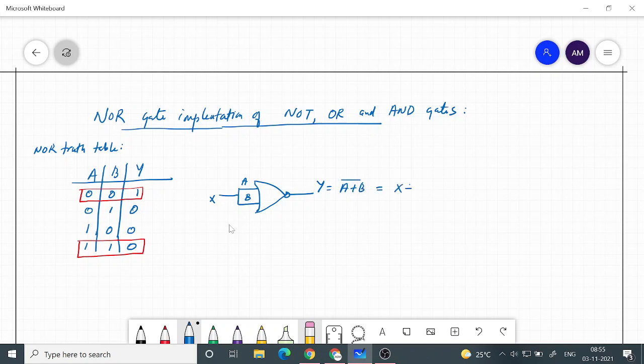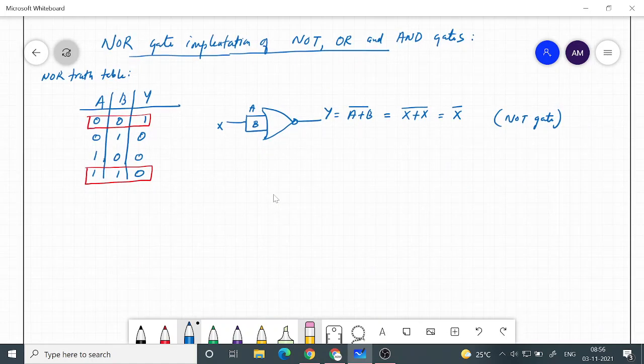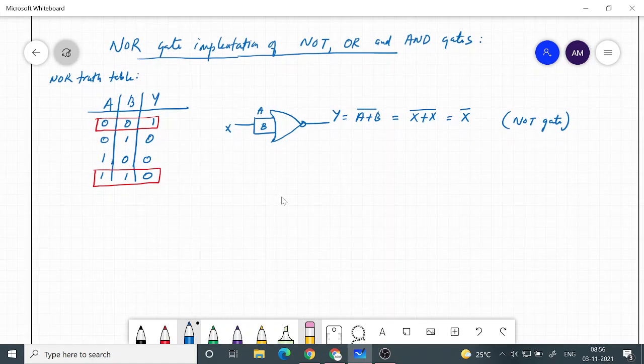X. (X plus X) the whole bar. Now X plus X is X, so this is X bar. So that is NOT gate. Right, so this is number 1, implementation of NOT gate. Number 2, let's look at OR gate.